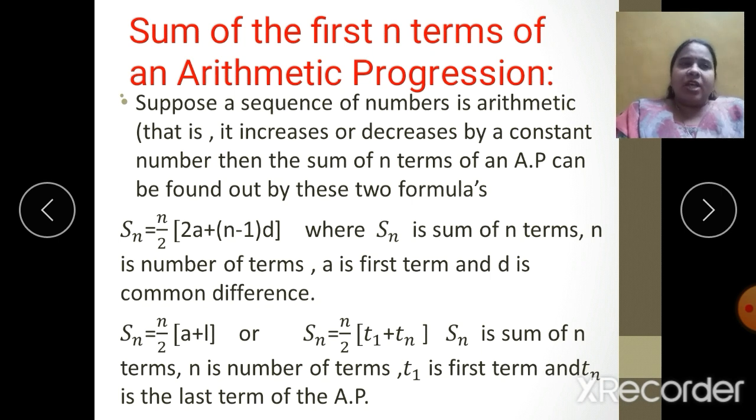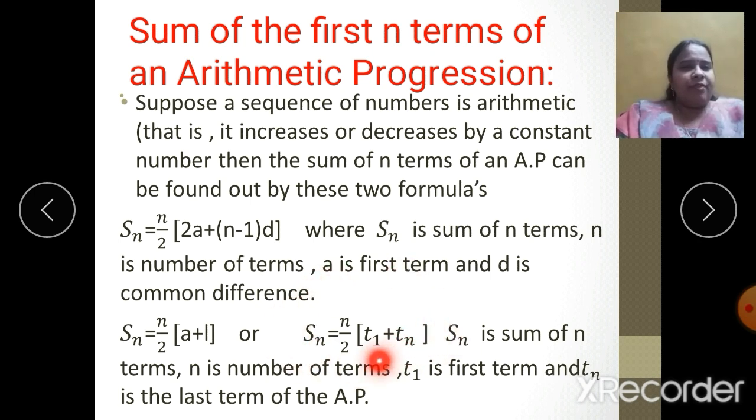Now suppose I know the first term and the last term of an AP. As in the previous sum we knew the first term, that was 12, and the last term, that was 248. If I know these, I can use this shortcut, or shorter formula, that is Sn is equal to n upon 2, a plus l. What is this a? a is the first term. What is this l? l is the last term, that is Tn. So this is another formula to remember.